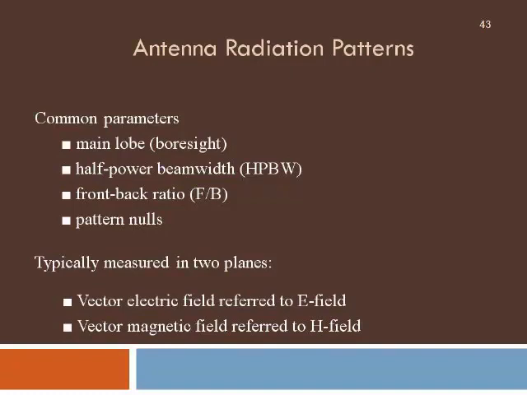And these radiation patterns are typically measured in two principal planes. One is where the E field vector is parallel to the ground. The other one is perpendicular to the ground. So one is horizontal polarization, the other one is vertical polarization. If in a particular case we have both these polarizations, and an electric field vector of equal amplitude is radiated, and if the phase difference between the two is about 90 degrees, then we get circular polarization.